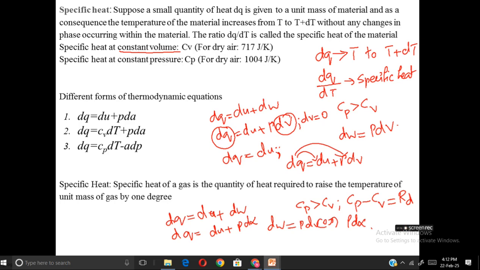And we found three different forms of thermodynamic equation. First one is dQ is equal to dU plus P dα. Second one is, in terms of specific heat at constant volume, dQ is equal to Cv dT plus P dα. And in terms of specific heat at constant pressure, we found dQ is equal to Cp dT minus α dP. So three different forms of,